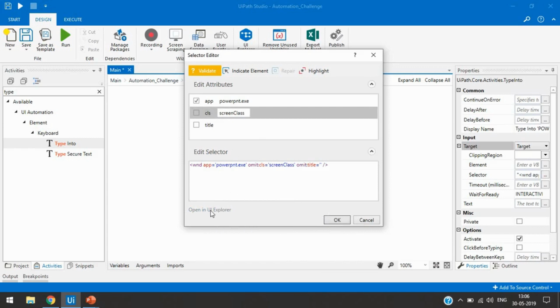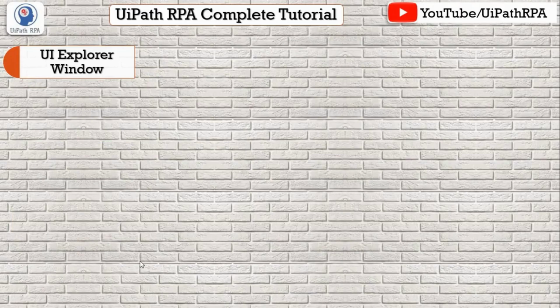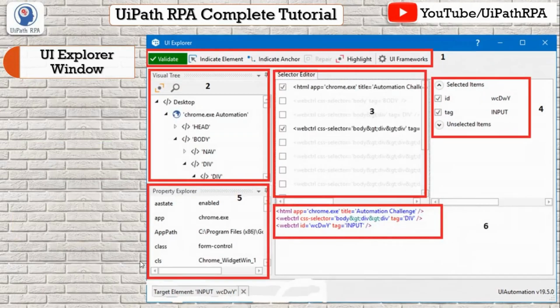So to open this UI Explorer, this selector should be valid. Now the next thing, we are going to see the UI Explorer window, how it looks and what the sections are and what is the use of those sections, those panels. Here you can see this window has been divided into 6 panels, it means 6 sections. First is the top one, it has validate, indicate element, indicate anchor,